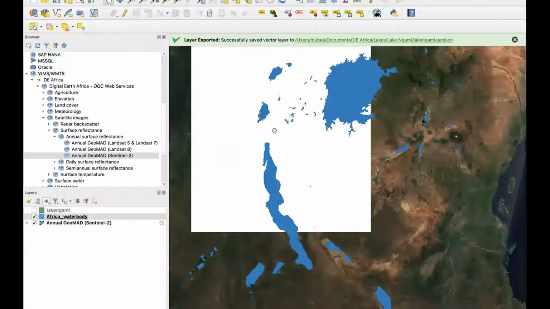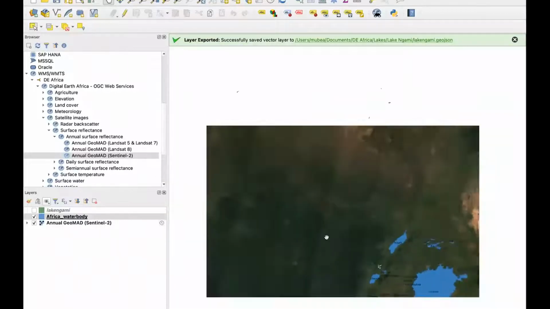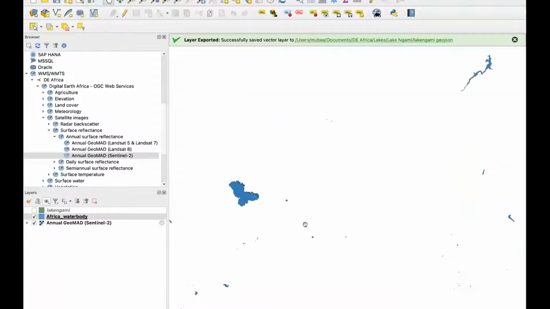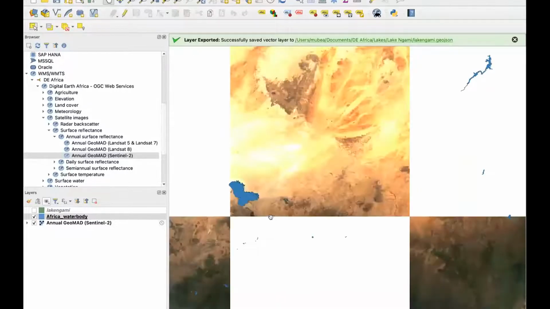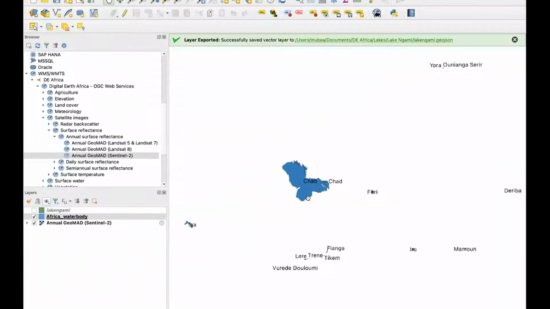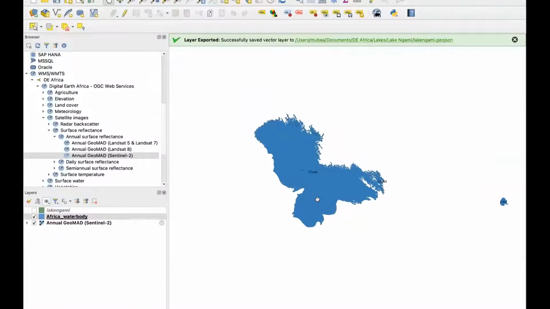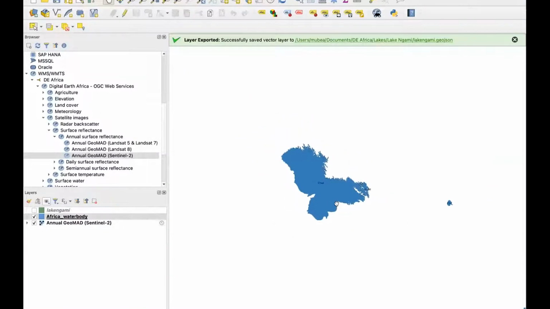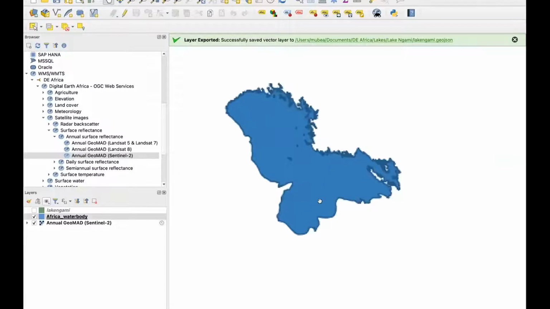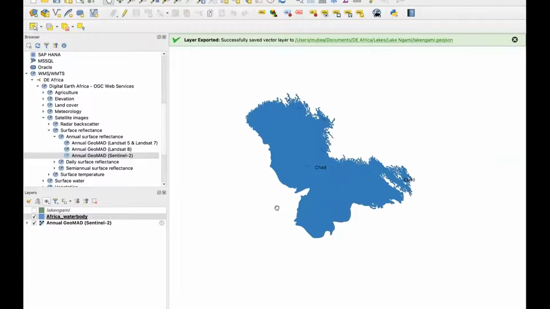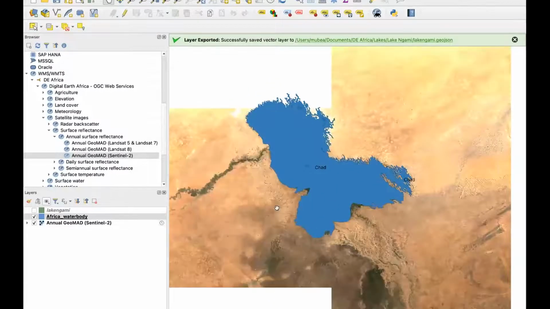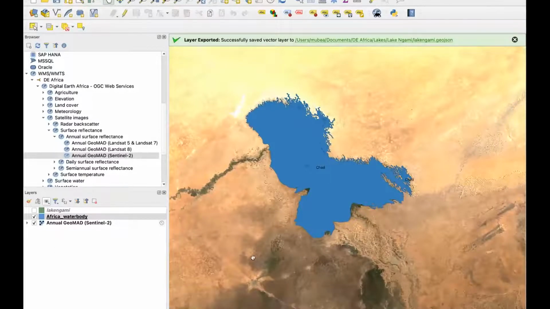We can also go to the West Africa part of it. So this shapefile is quite useful. It's from the World Agroforestry. So they actually load in the very good data, and in the background, the GeoMAD is loading from Sentinel-2